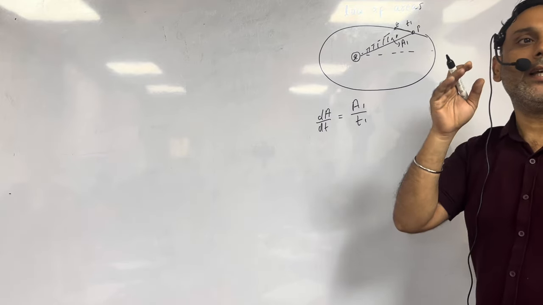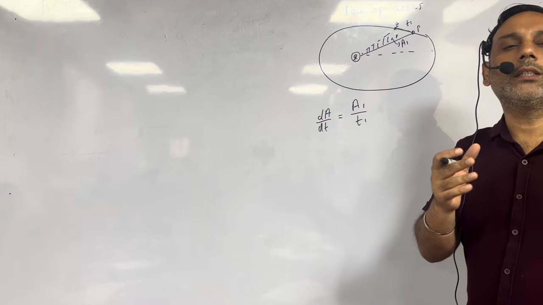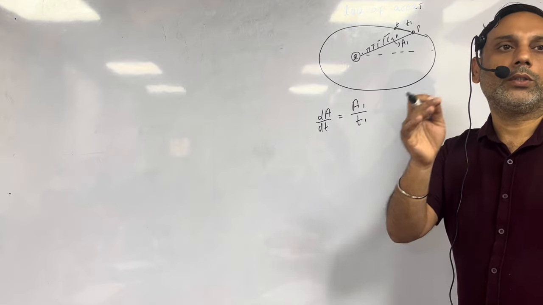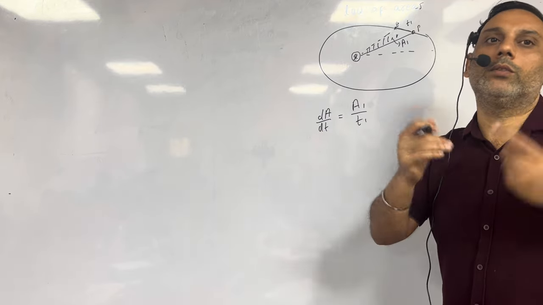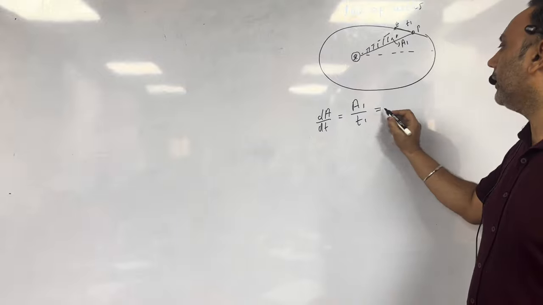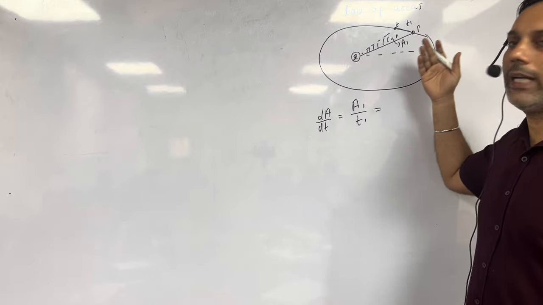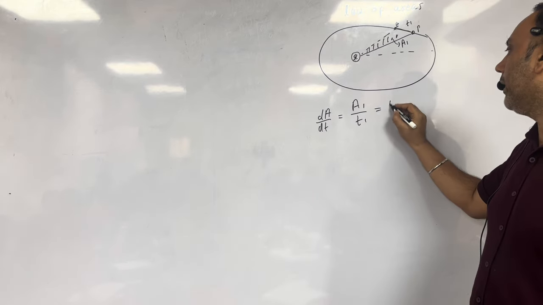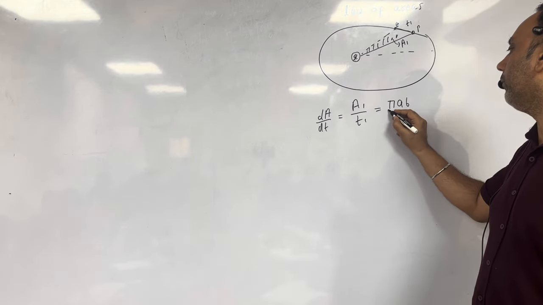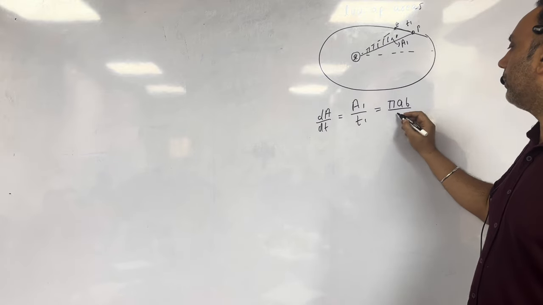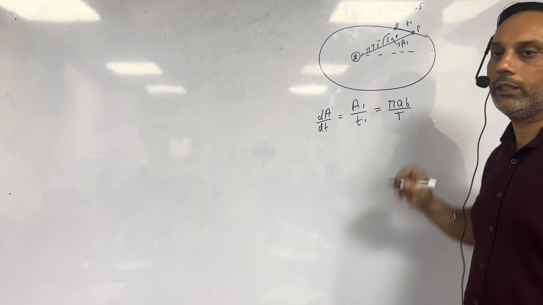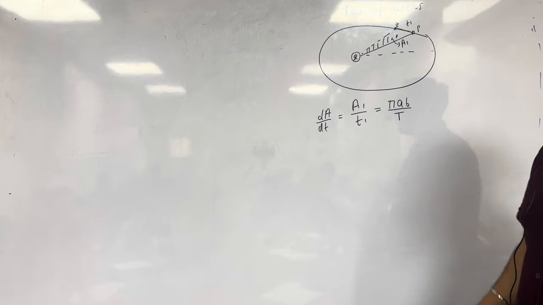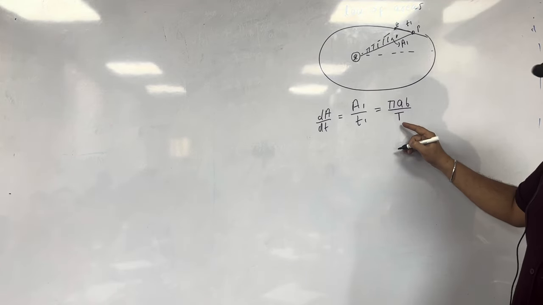So there are many expressions which give us the areal velocity, right? When we see different types of questions, different expressions are used. First common expression: since I am saying area covered per unit time is the same, what is the total area of an ellipse? Pi AB. So pi AB upon, say, time period capital T. So pi AB by T. That is the first expression of areal velocity, pi AB upon T.